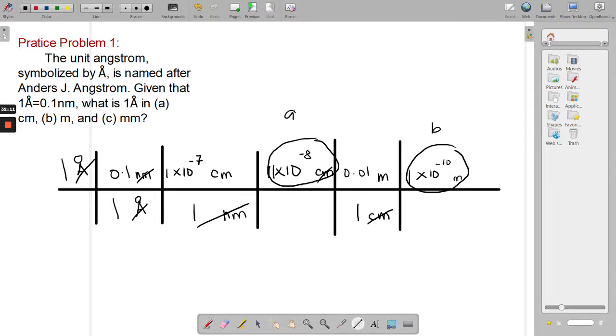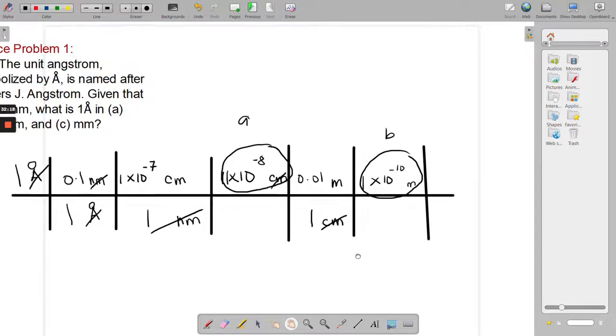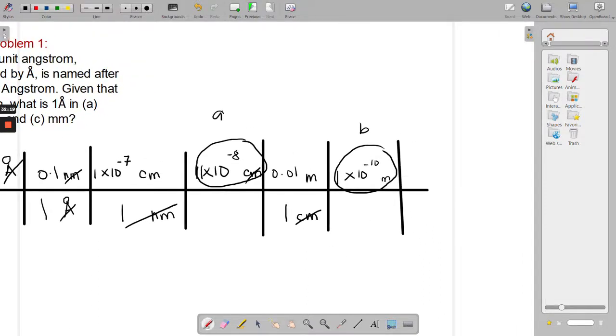And then lastly, we're going to convert this. I just have to move this a little bit. What we want at the bottom is meter. We're just going to elongate this one. The unit that we're looking for is millimeter. So in 1 meter, how many millimeters? We know that there's 1,000